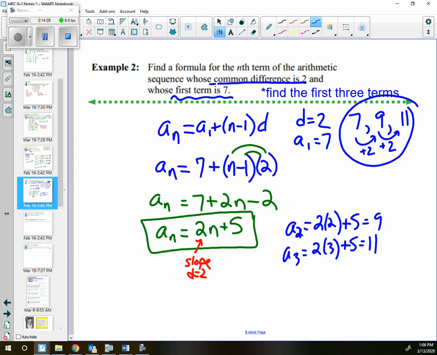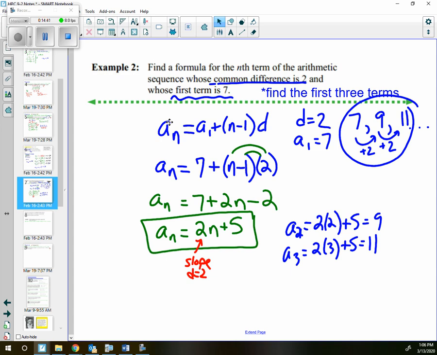What if I asked you, though, instead of find the first 3 terms, what if I wanted term 70? Well, gosh, I do not want to go through and write out all the terms to get to term 70. I'm just going to do this 2 times 70 plus 5, and I can get right to what that term is. So I can actually figure out what that value is going to look like. So I think it's a way to just think of it in different ways, how we can get to that next term. So we can write the rule, so we can write that equation, but we can also just use